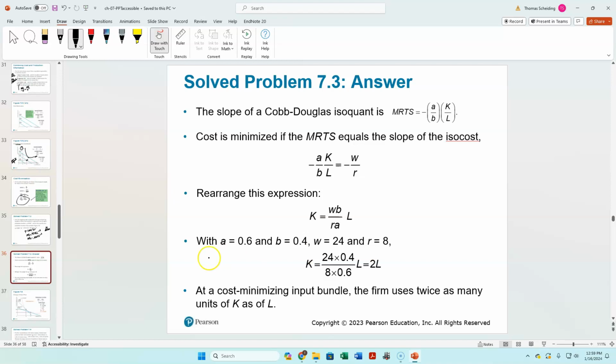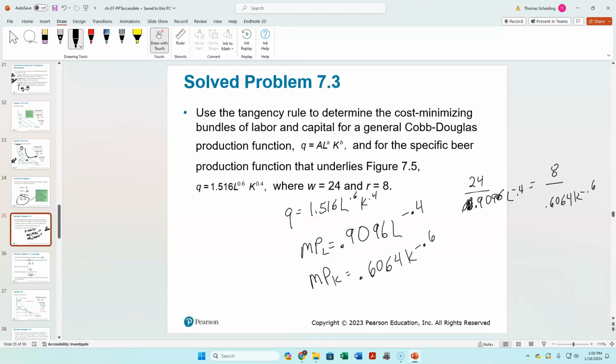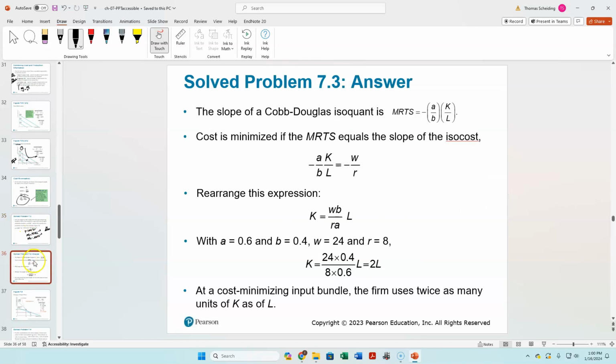And now my method here is a little bit different. I'm not doing this A over B, K over L. My method here will generate the exact same result. A little bit slower, but it will generate the exact same result. But what's nice about this now is that now that I know that K equals 2L, what that means is that the firm, because they're using twice as many workers per capital,